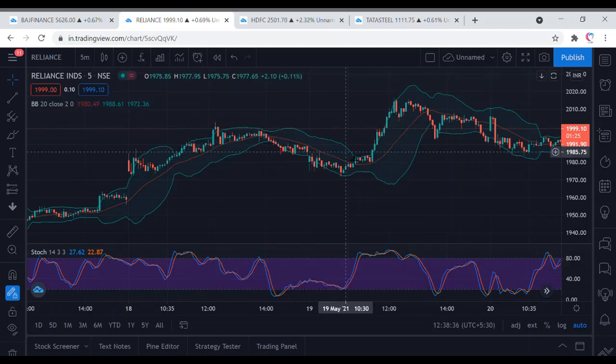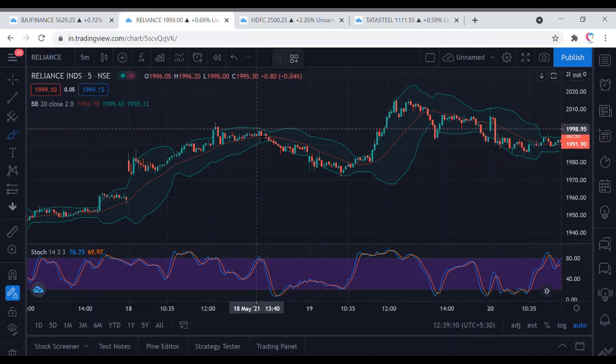What I'll be suggesting is you need to train your eyes to use this strategy, because this is a very intense strategy to use. You need to be on the chart. You need to try to figure out the best signals, because you'll be getting a lot of signals in this strategy, but it can also turn out to be a fake signal. So if you are training your eyes in this strategy, it will benefit you.